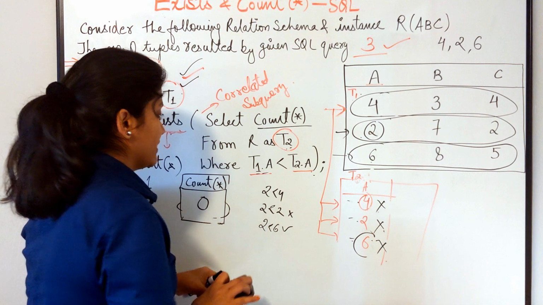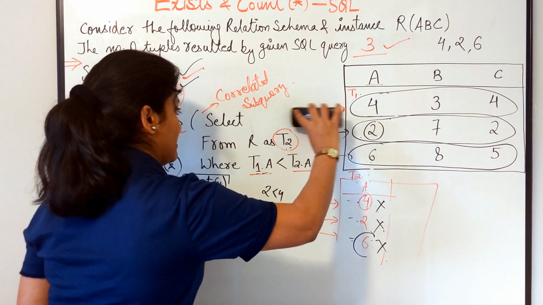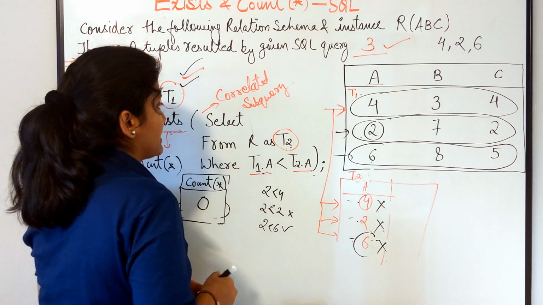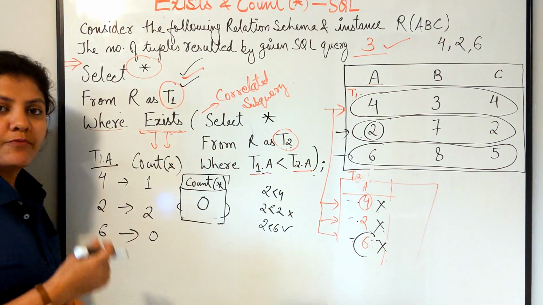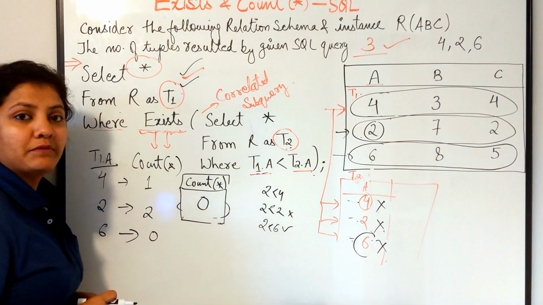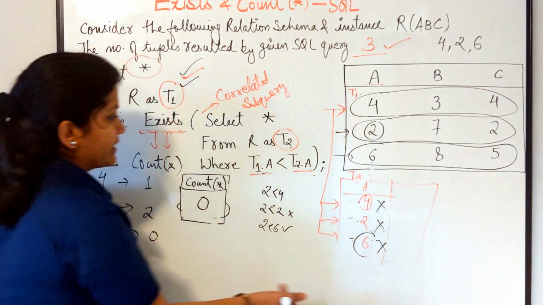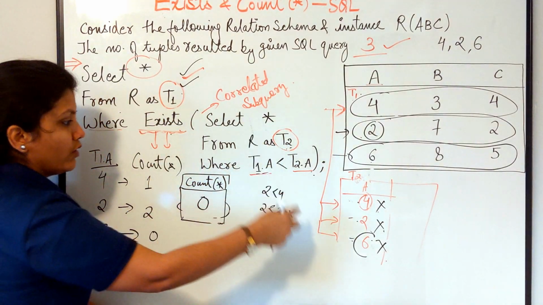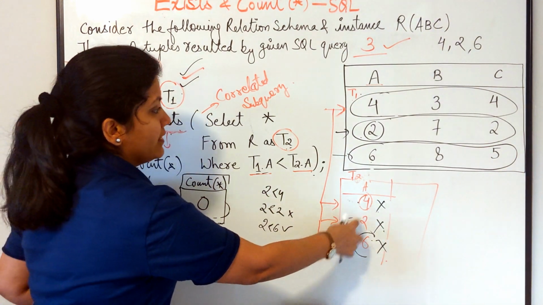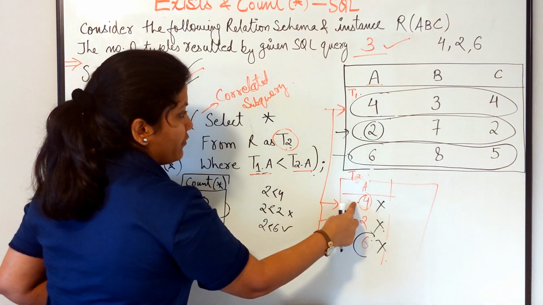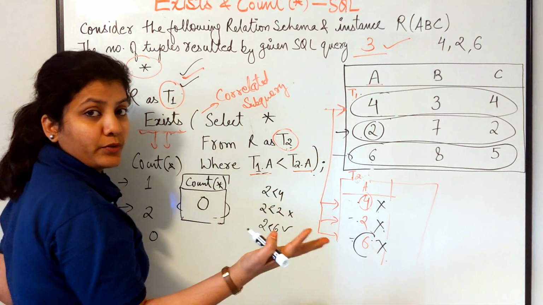What if we change this count star? What if we make this count star as, suppose, only star? Okay? If we make it only star, what will happen? For this one, it will return 1 row. For this one, it will return 2 rows. Okay? For 2, it is going to return 4 and 6. For 4, it is going to return tuple 6, because that's what is going to come, right?